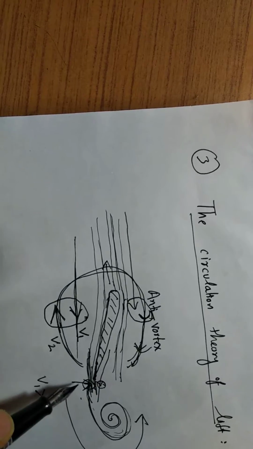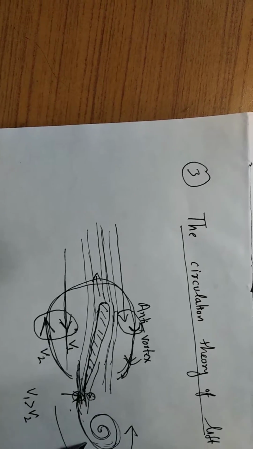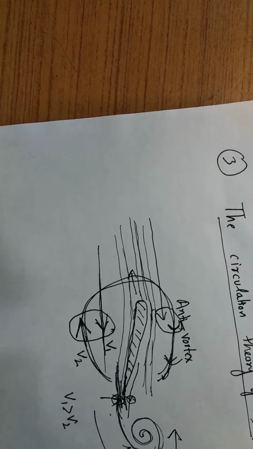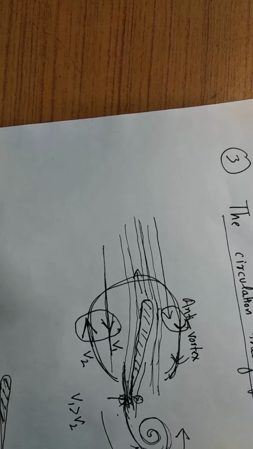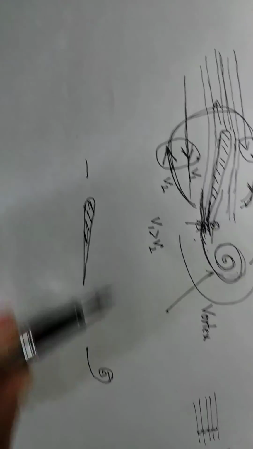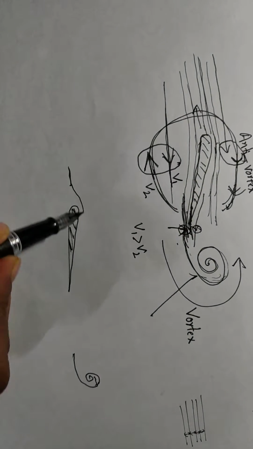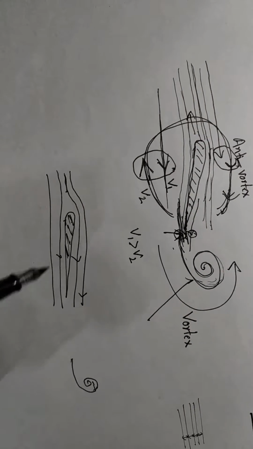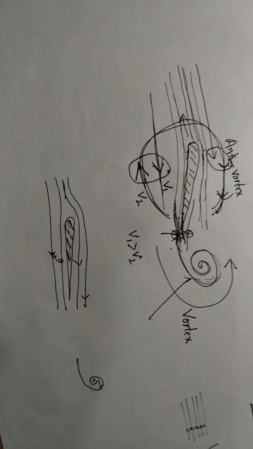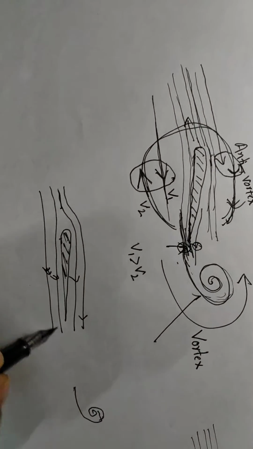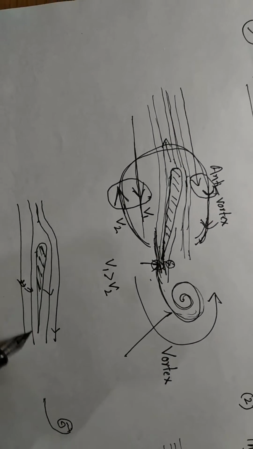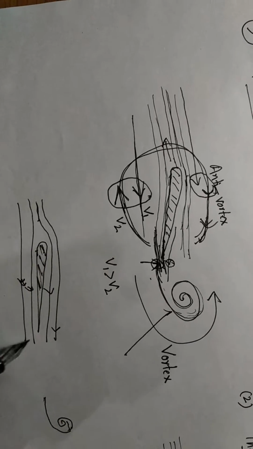Now what happens is that when you start the wing, there is a vortex generation. This initial vortex will depart. It will be left behind once a steady state condition is reached. So you have this initial vortex, and then you have the airstream going over the top like this, and under the wing. Initially there is a squeezing effect just below the tail of the wing, and later because this vortex is generated, there is a higher speed on the top of the wing because of